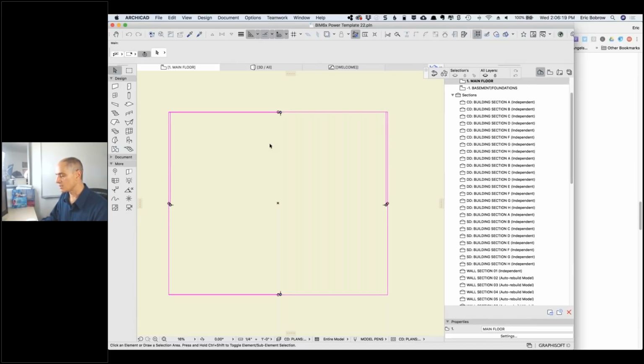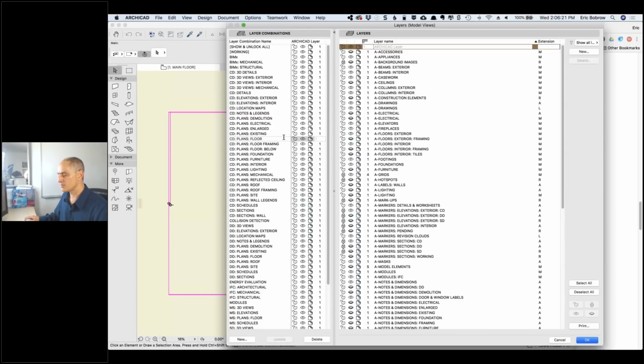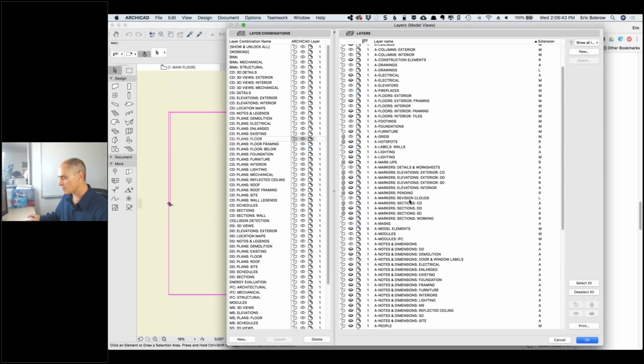If, on the other hand, I go to the layer combinations here, and I love their layer combinations and layer settings. They've got a really clear setup, and it covers, I would say, most of the same stuff that we have in MasterTemplate, maybe a little bit cleaner and more elegant. Doesn't have everything. I mean, obviously, we have some things that they haven't decided to put in and vice versa. But here's an interesting thing. If I go to the markers